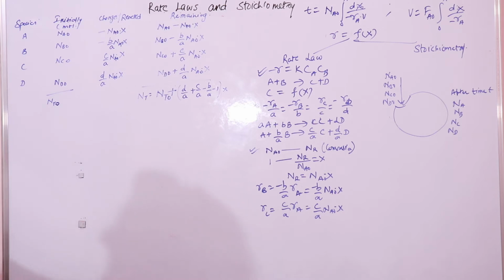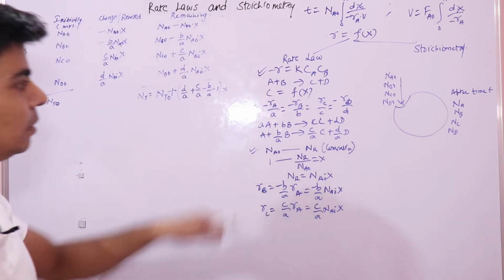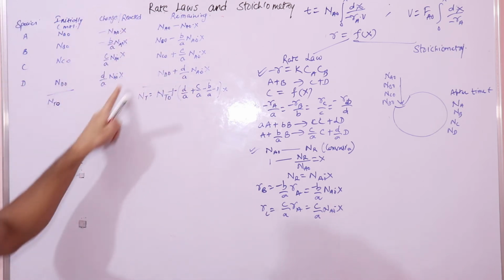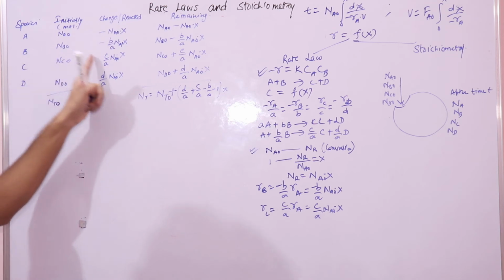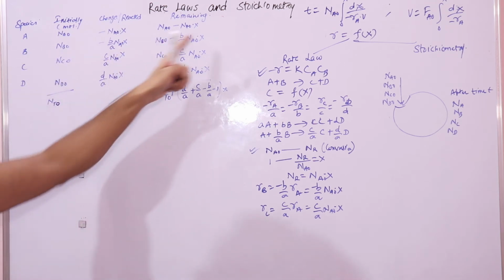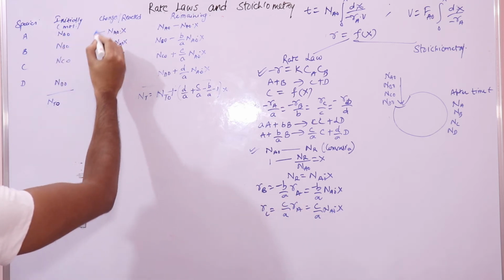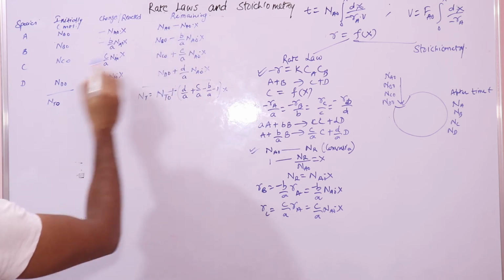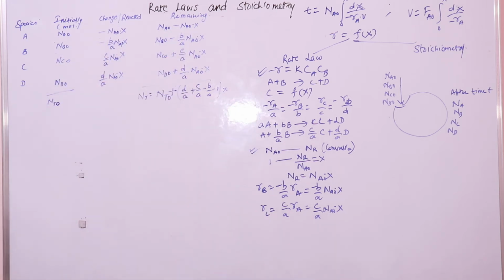Now the fourth column tells you about this quantity, how much of it has remained after time t, when this number of moles have reacted. So initial minus how much has reacted will give you the remaining. So initial was Na0, reacted is Na0 dot x. So this is this minus this. So everywhere this minus this.